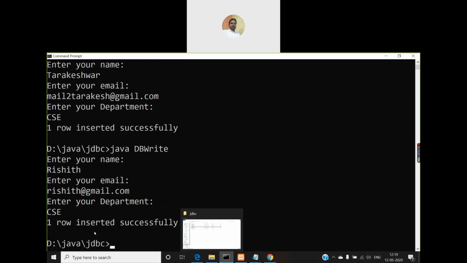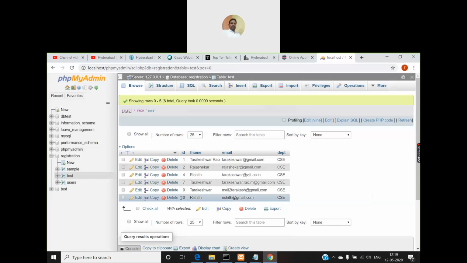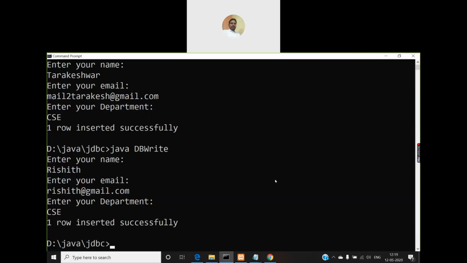Again we got a successful message. See, now you got 10, right? The earlier record was with ID 9, now it is 10. Fine. So this is how you insert values into the table of a database.